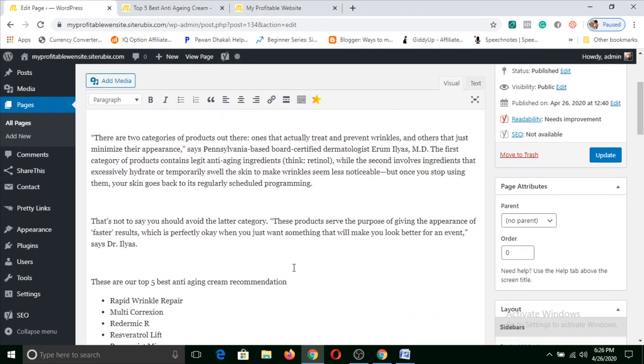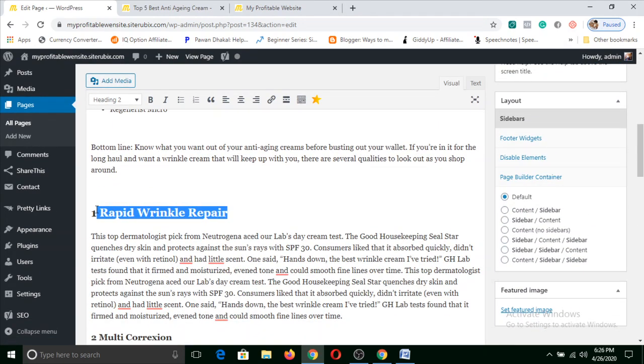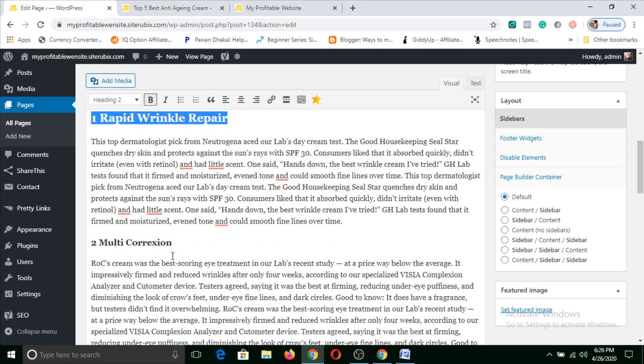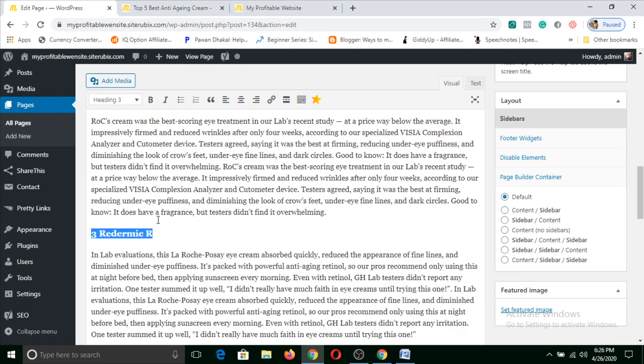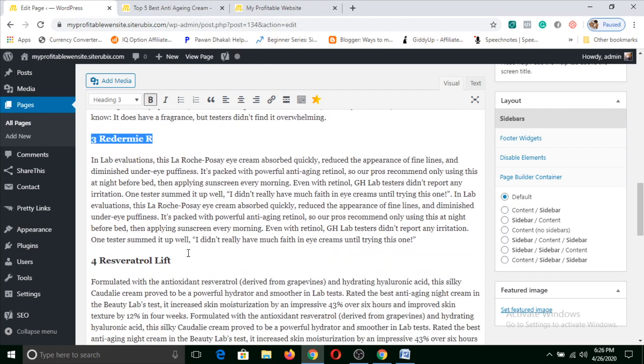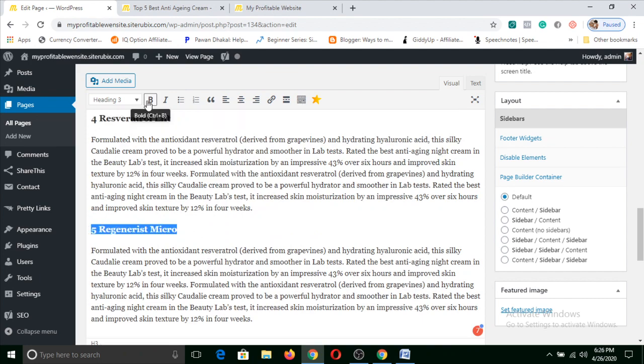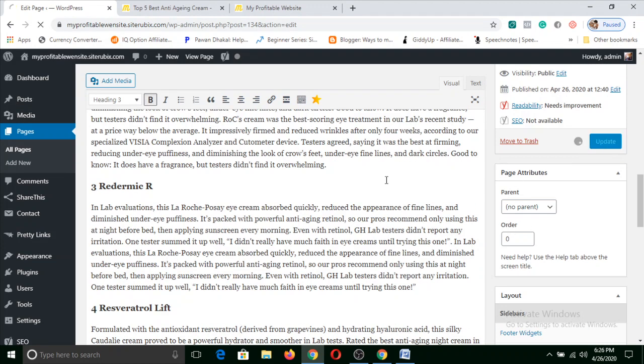One more thing you can do is bold these headings. Let's bold it. Select it and click on bold, sorry, B. Click on B and click on update.